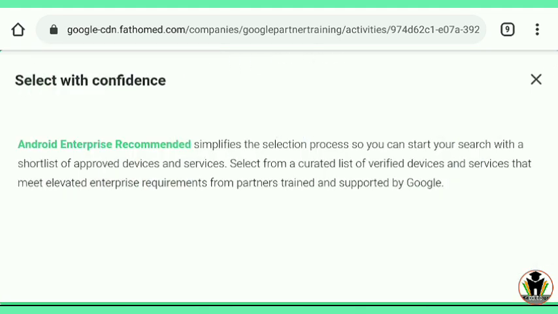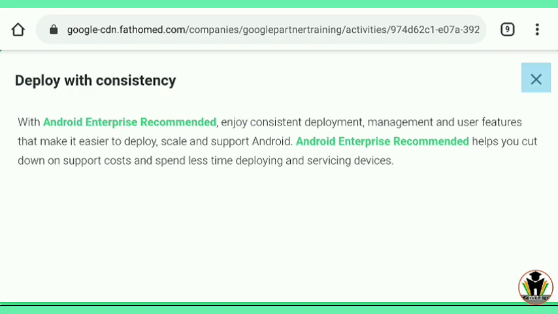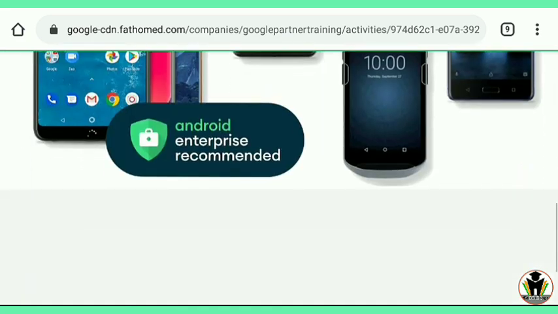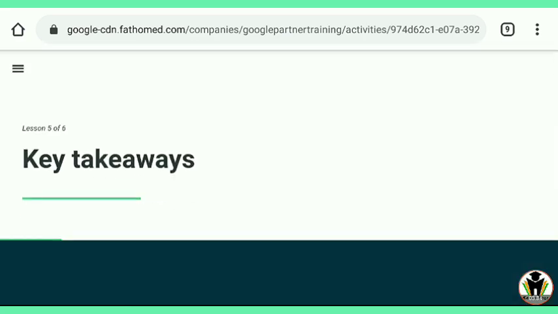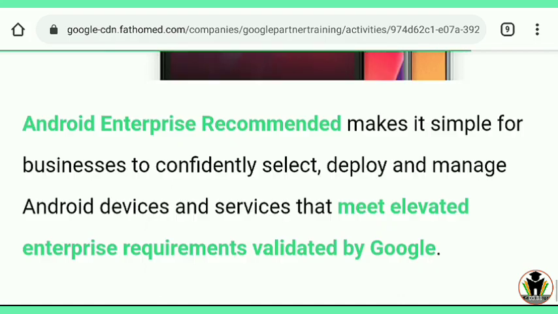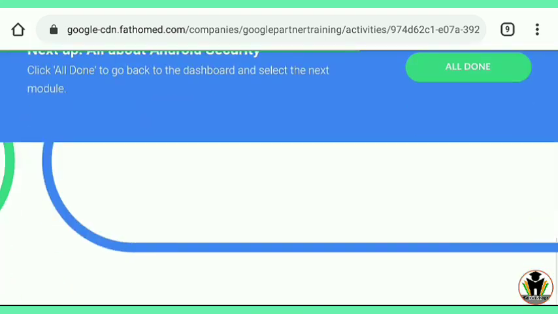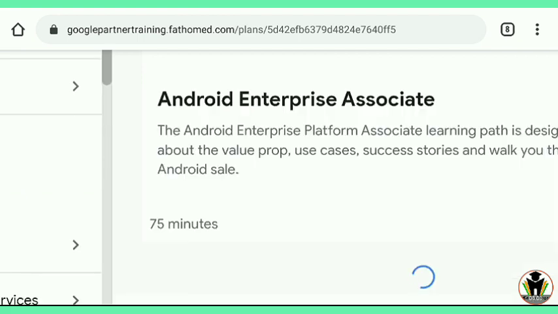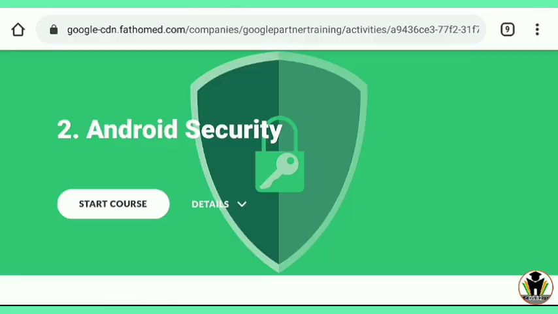For completing in order, just tap on the first one, then second, third, fourth. When you tap on the fourth, you are able to access the next content of this chapter, and here we completed it. Just tap on All Done, and you get the course overview here.